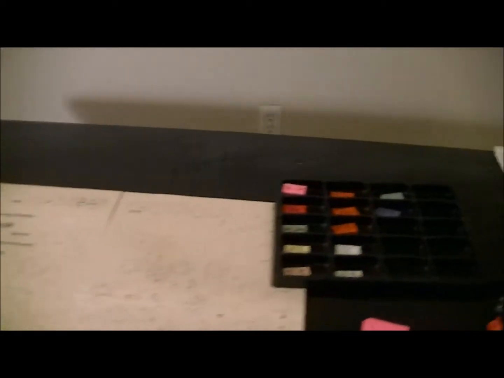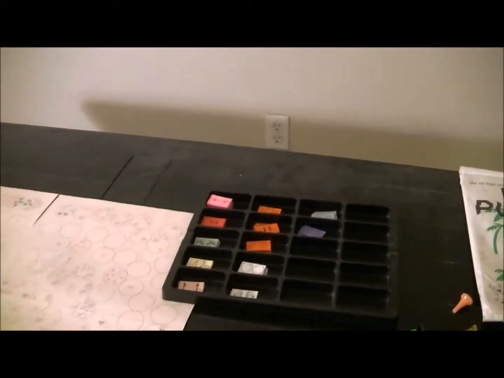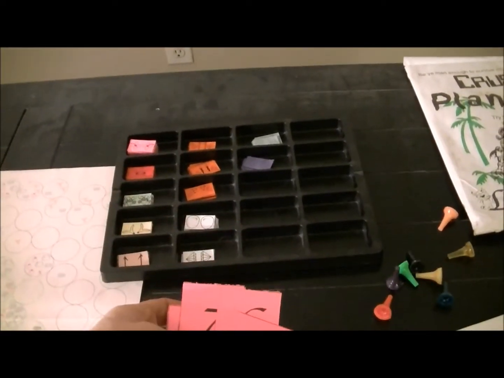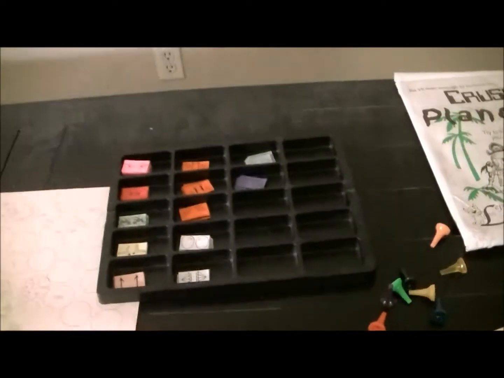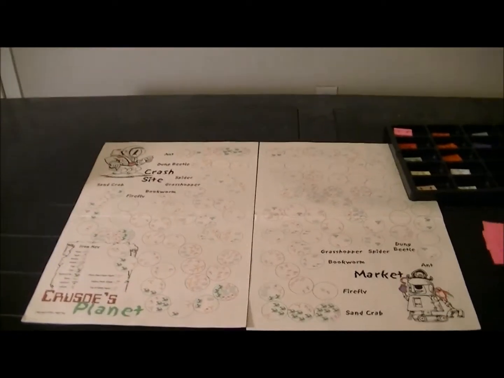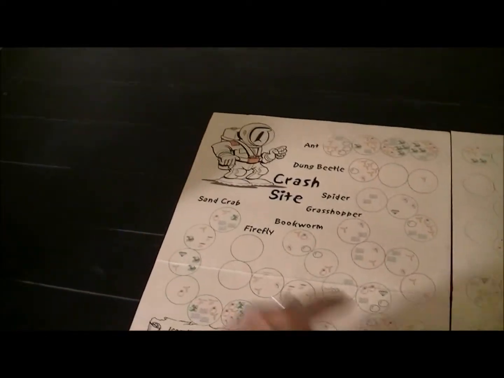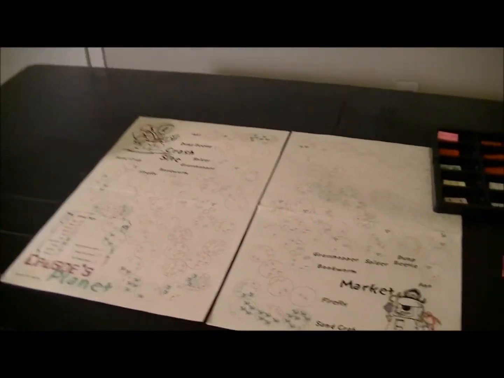First of all, the components, as something that's not made by a major publisher, came on regular construction paper, basically. And yes, I used a very dull scissors for them. Some of the sheets were not cut perfectly. That's okay. You have this map which covers a series of different tracks,